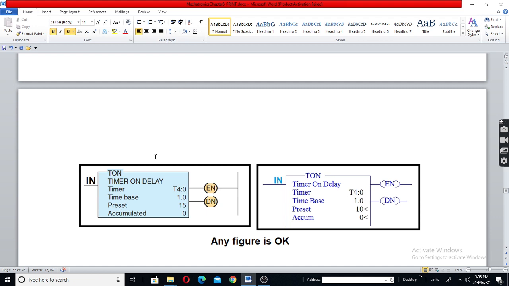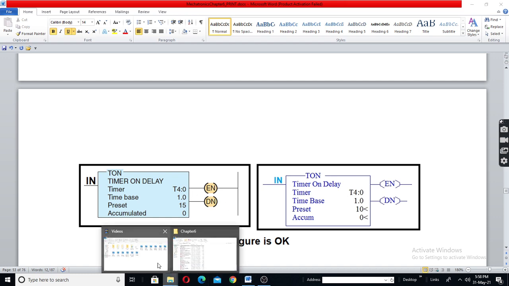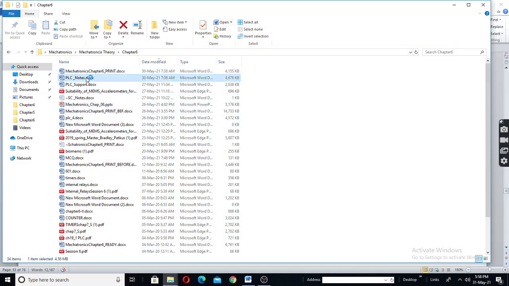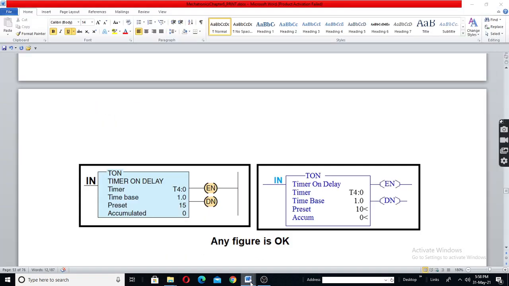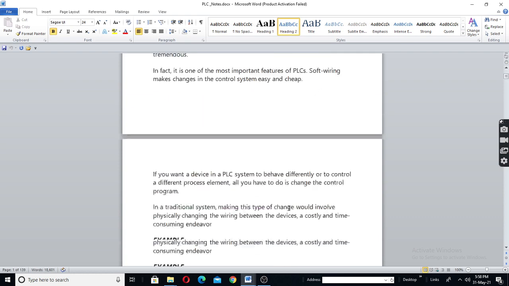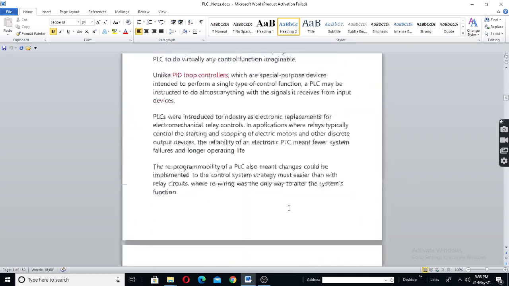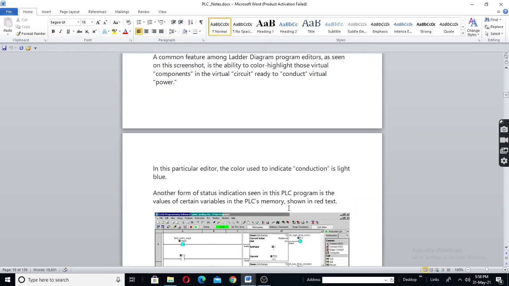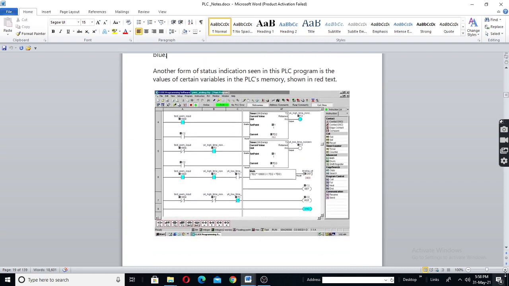See, on delay timer. You should write it as T on. That will automatically come when you select the function block, like in AutoCAD. Similarly, you will select here. You will program using a PC usually.